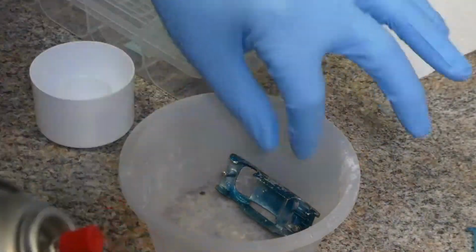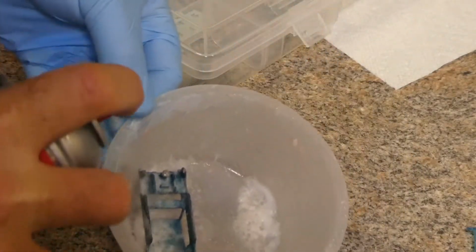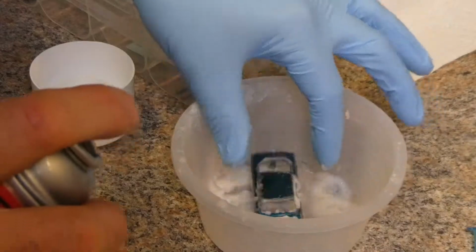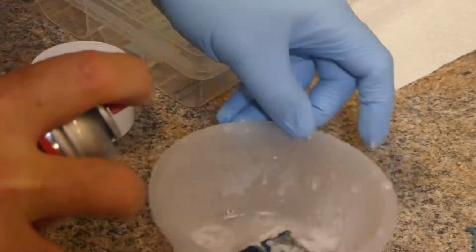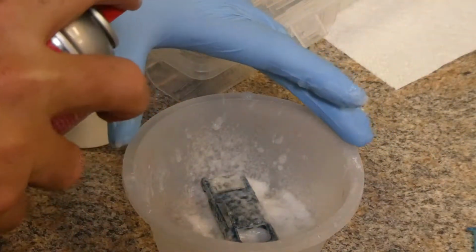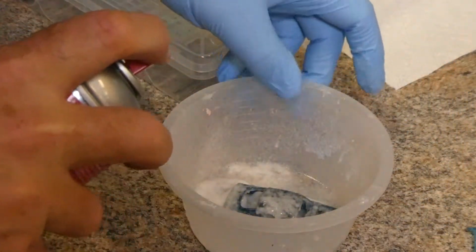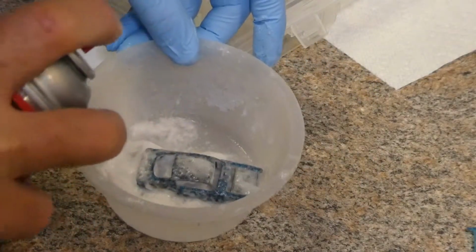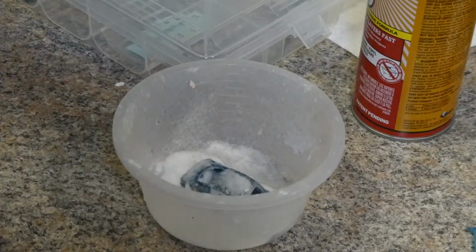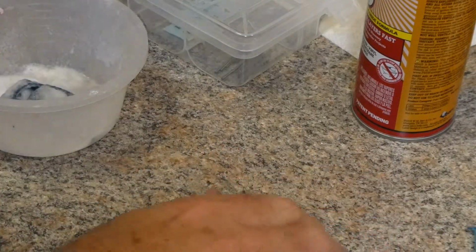So I'm going to spray down the inside first, and then I'm going to turn it over. Alright, we're going to let that sit about 10 minutes. And in the meantime, I'm going to show you how to